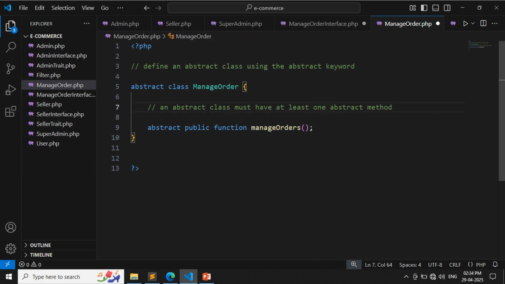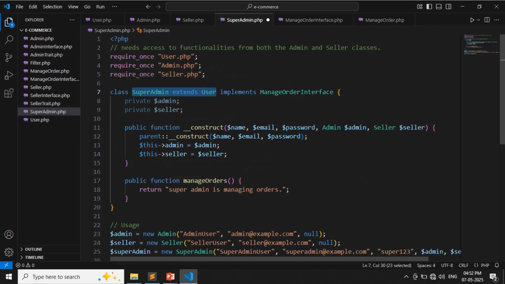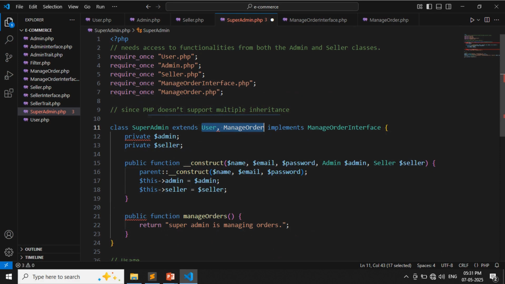Remember, an abstract class must have at least one abstract method, and any abstract method must be declared with the abstract keyword and must be implemented by any class that extends the abstract class. An abstract class method must be public or protected. Now, to use this abstract class, we need to extend it in the admin, seller, and superadmin classes. However, here's the problem: the admin, seller, and superadmin classes already extend the user class. And since PHP doesn't support multiple inheritance, we cannot extend the manage order abstract class and the user class at